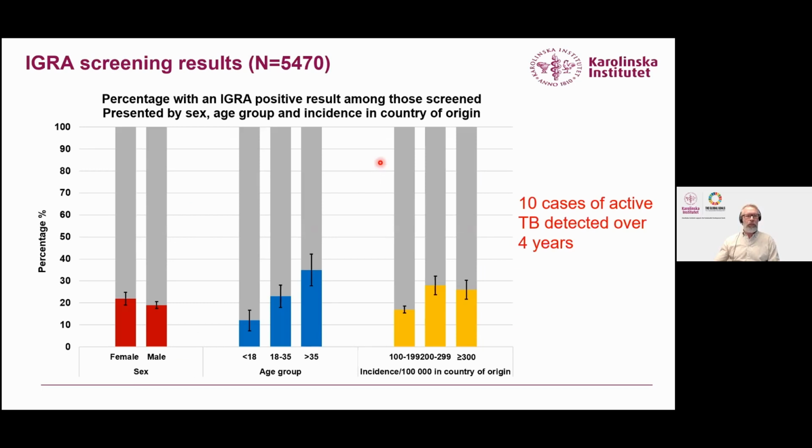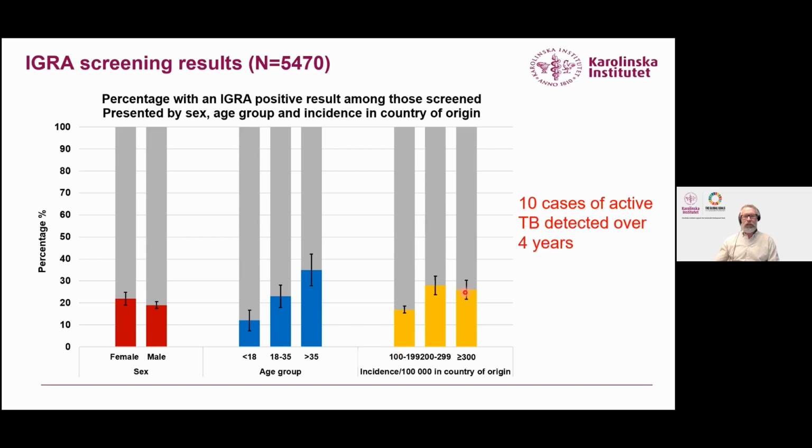IGRA positivity is shown here. Quite similar to the Netherlands data for the group of asylum seekers, around 20% for the whole group. No big difference between men and women. The expected increase by age and expected increase for people coming from countries with a higher incidence, except we did